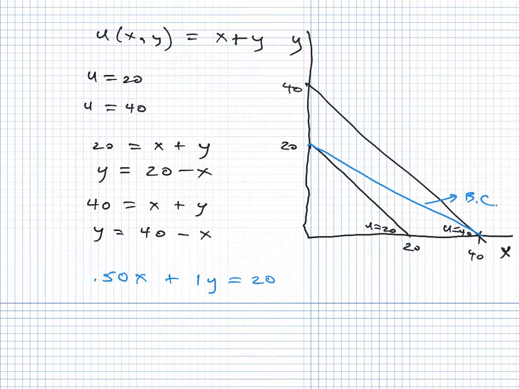You'll notice that this graph has got the potential to be a little bit confusing because we've got indifference curves that are linear and we have the budget constraint that's linear. You're used to seeing the linear budget constraint, but linear indifference curves are going to be a little bit different than if you've looked at, say, Cobb-Douglas or some other utility functions that have nice, well-behaved preferences. But hopefully what you can also see from this picture, if I were to sketch in some additional indifference curves, and I'll do that in black,